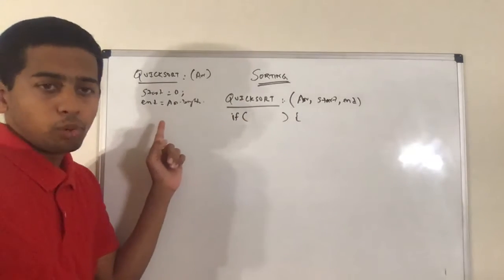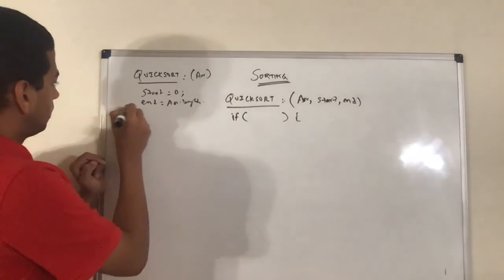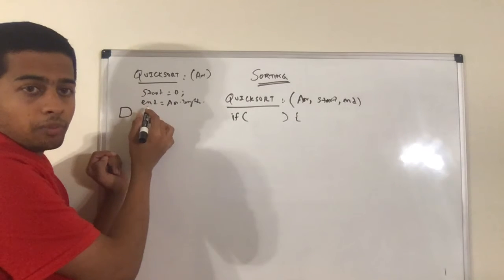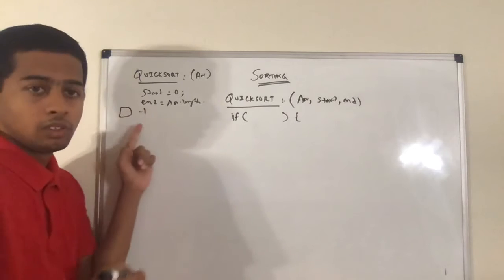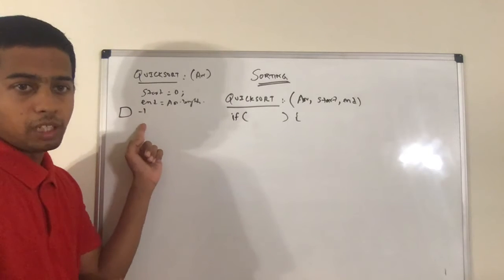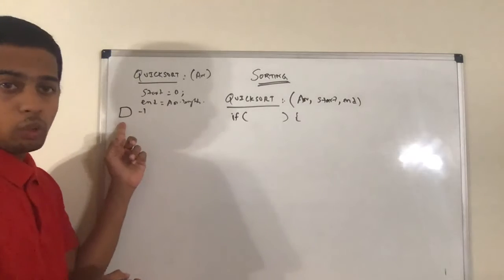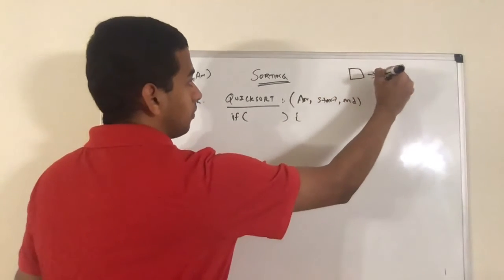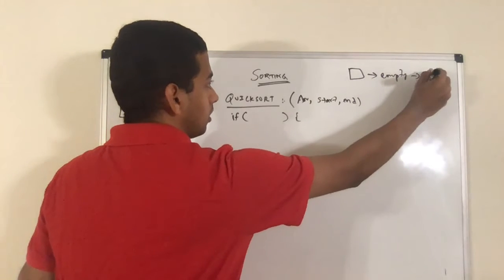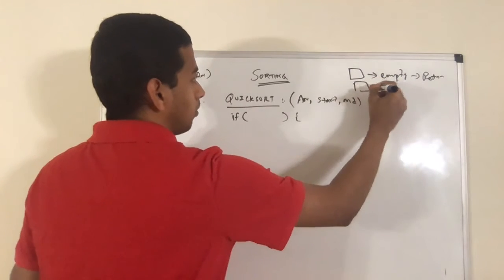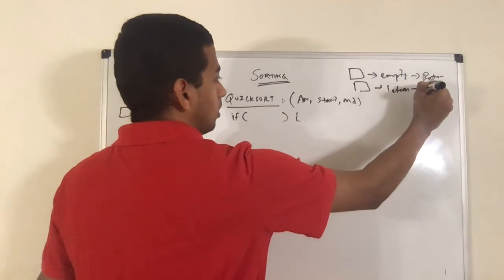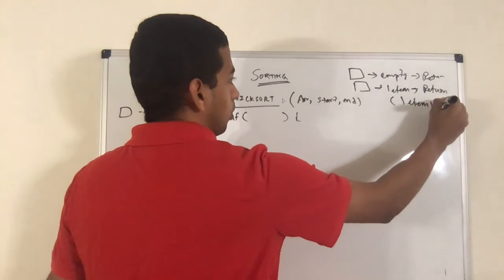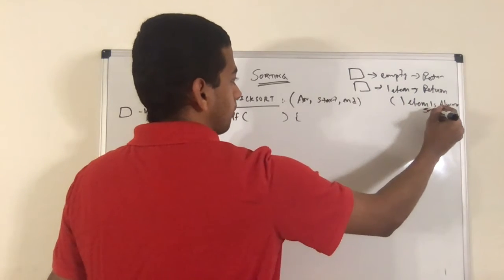And until when we have to do this operation? Let's say if my input array is empty. Empty means what will be the start index? 0. What will be my end index? Ideally -1, because it's empty, correct? Another case is if there is only one element, it's by default sorted, correct? I told you that if array is empty, return. If array has only one element, return, because one element is always sorted, correct?